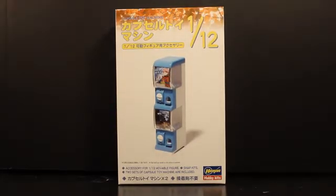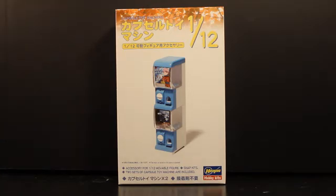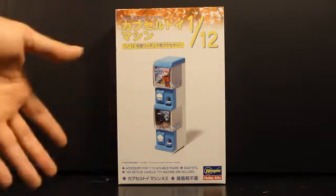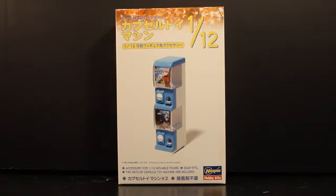For those of you who might not know what gashapon is, they are those little vending machines you'll see at the mall or a comic shop, mostly anywhere that sells anime related stuff or manga. So these are all over. They're even in supermarkets now over in the US. Originally we had those old school vending machines with the quarter and whatnot, but this is pretty much the same kind of deal, except they come with either little phone charms or